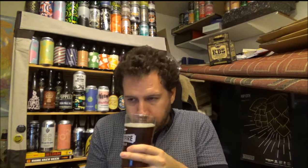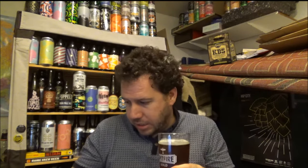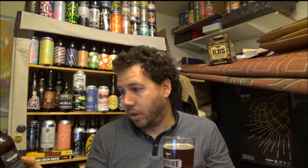Very bready, biscuity malt. Just on the aroma alone, you could possibly think that it's a higher ABV beer. It's got bags of aroma, but this beer is brewed with 5 different hop varieties. I didn't notice it because I was just trying to see what the style of beer was, and it went into the hop varieties. Inspired by a local Cheshire legend, the Wizard of Alderley Edge, we have combined 5 English hops,